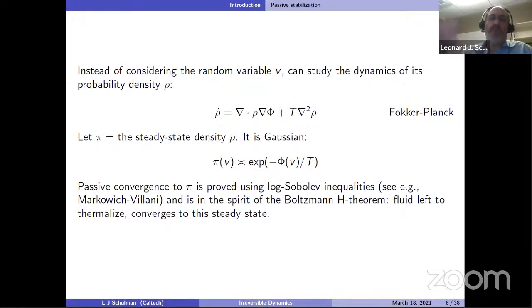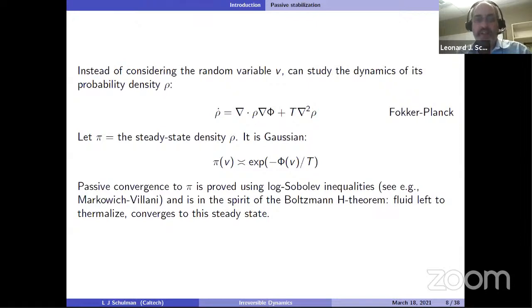Fokker-Planck is the equation that we get when, instead of looking at this stochastic equation, we look at the density of the velocity. So the probability density of the velocity, and we get this kind of equation, which I don't want to break out for you, but it has a steady state, and that steady state is in fact a Gaussian distribution on the velocity. If the confining potential had not been quadratic, then it won't be a Gaussian. It'll be e to the minus that. But this is the general term. Okay, so